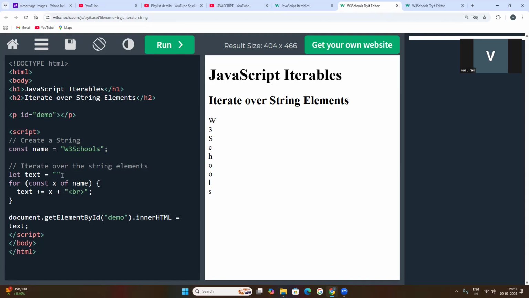We have written text plus equal to plus y, because every time a character is to be added. If you keep only equal, how would every character be added and the answer be displayed on the screen? Whatever character value is stored for x, the indexing variable, is stored in this empty variable. And the getElementById method will be used to find